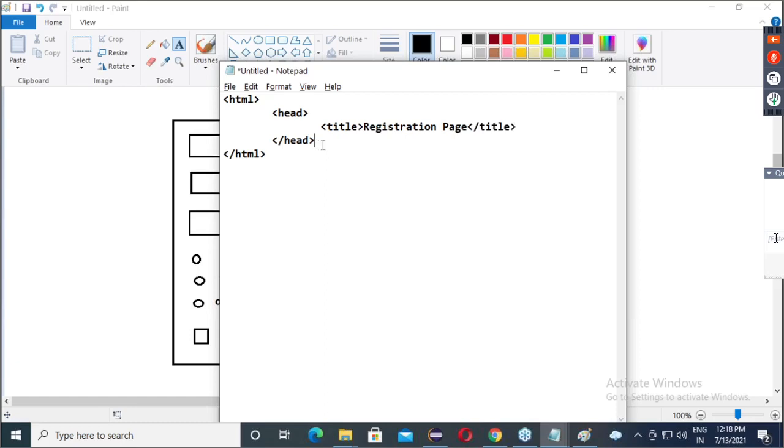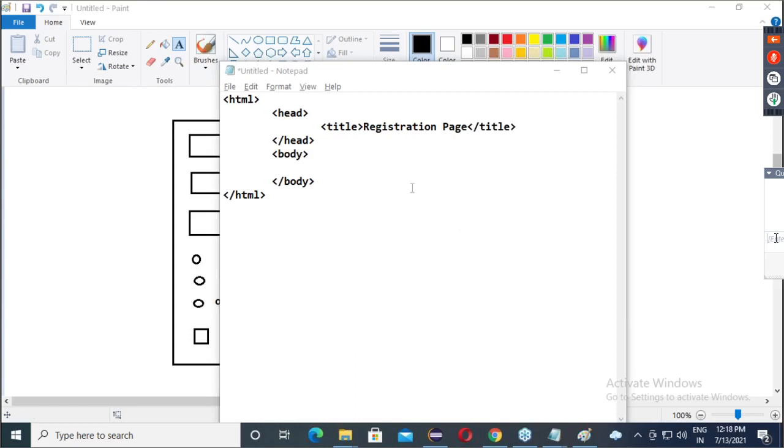Second rule. Third rule is every web page must have a body. So after that, body open, body close. So now within this body open, body close, only orange HRM.